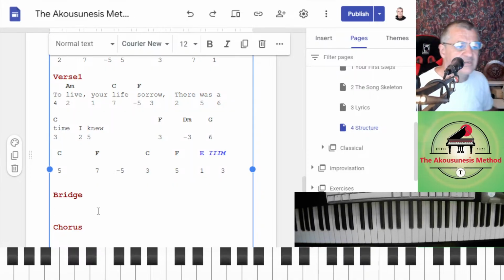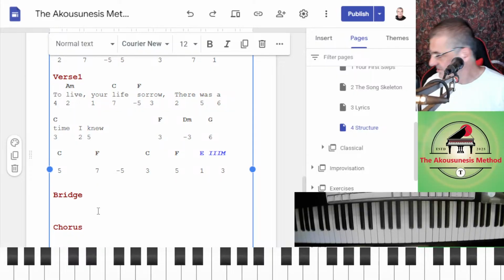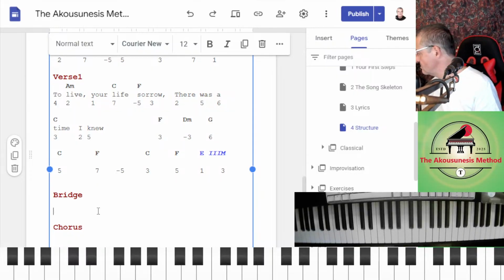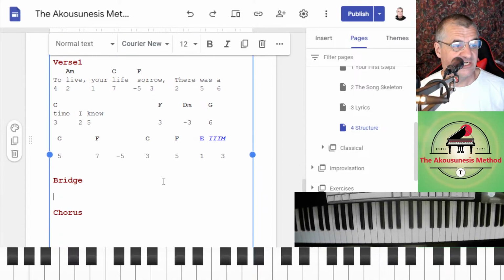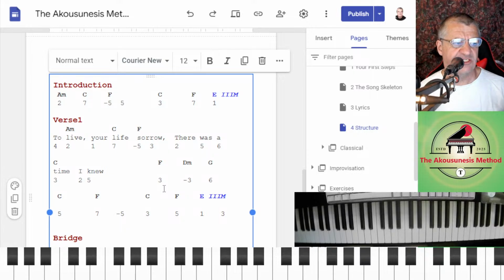So you're going to have a chorus, a bridge. You might even have an instrumental. You've got an introduction. The introduction is similar here to the actual first verse.